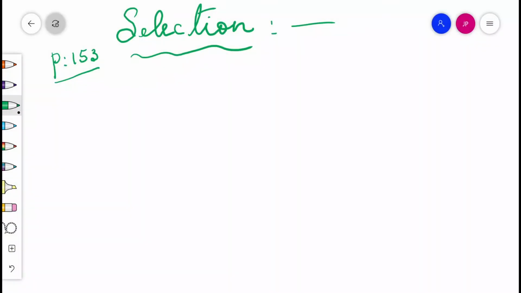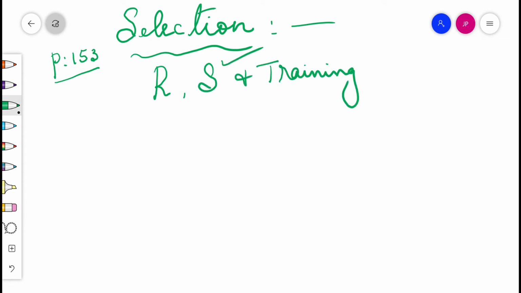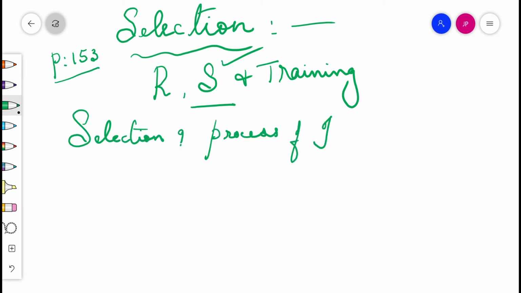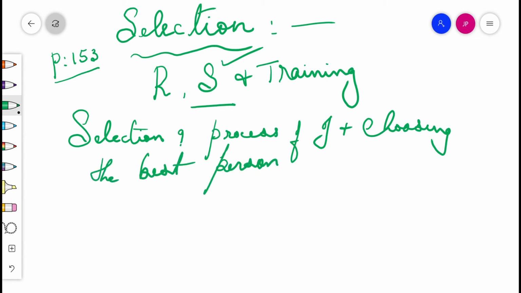Today's topic is selection. The different aspects of staffing. What are they? Recruitment, selection, and training. The second aspect is selection. What is selection? It's a process of identifying and choosing the best person out of a number of prospective candidates